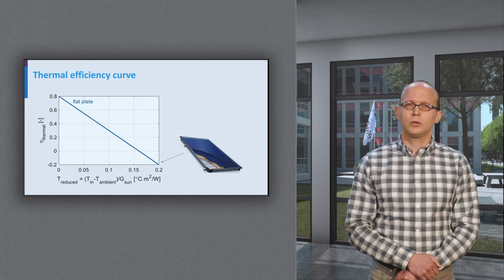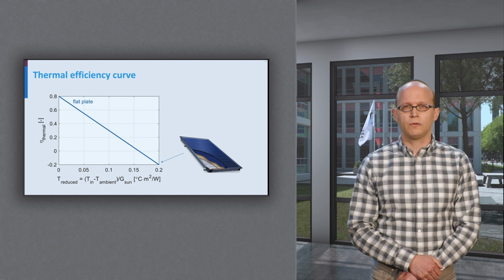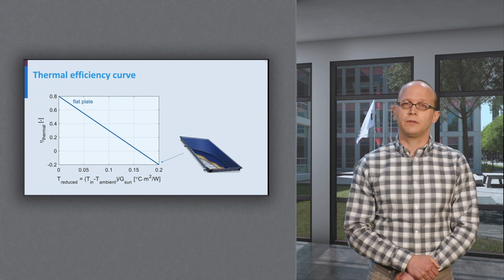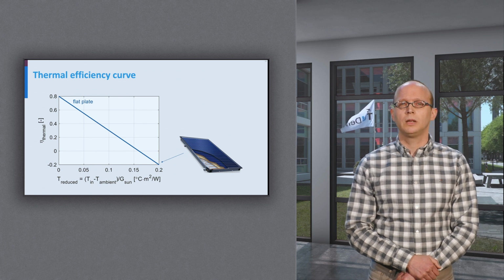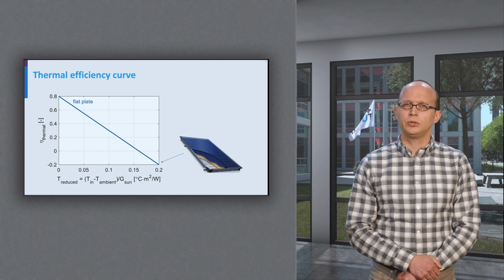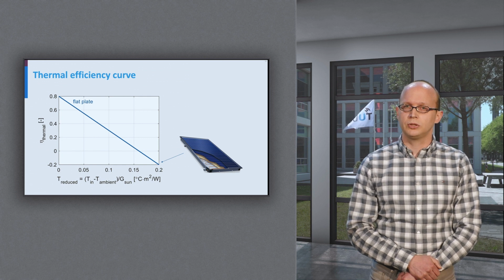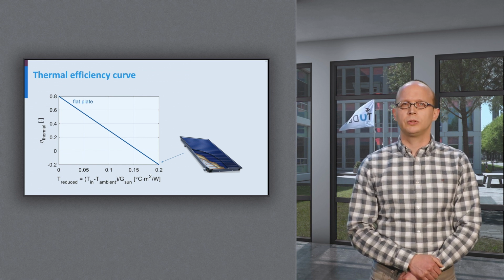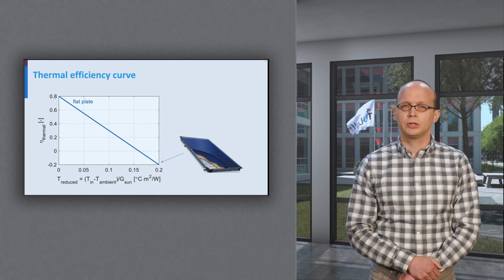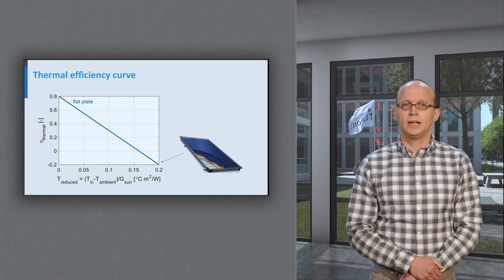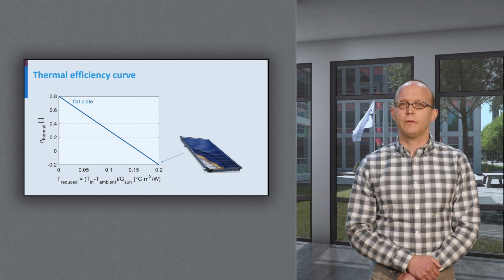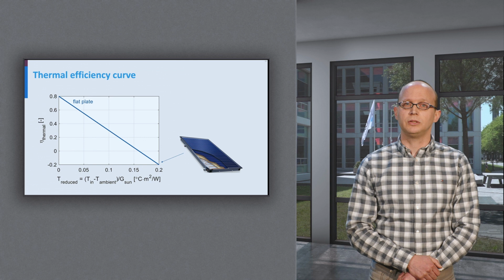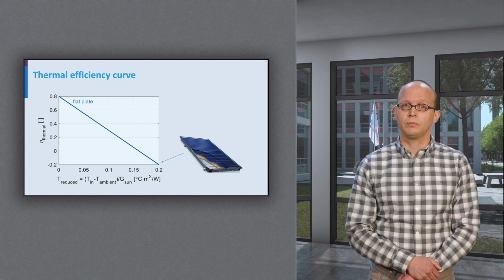The efficiency of solar thermal collectors is usually measured as a function of water inlet temperature. The measured efficiencies are then reported in the datasheet that comes with the collector. In these datasheets, the efficiency is usually shown as a function of reduced temperature. Here, the reduced temperature is defined as the water inlet temperature minus the ambient temperature divided by the solar irradiance. This graph shows that the maximum efficiency of 80% is obtained at 0 reduced temperature, meaning for an inlet temperature equal to the ambient temperature.